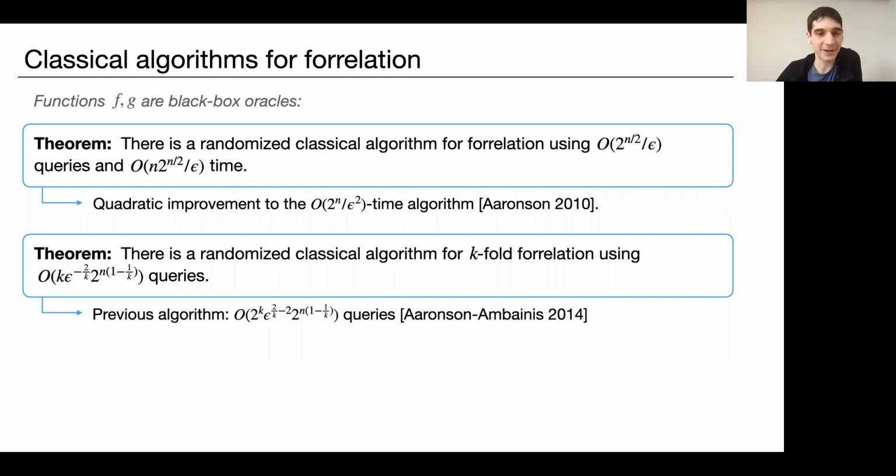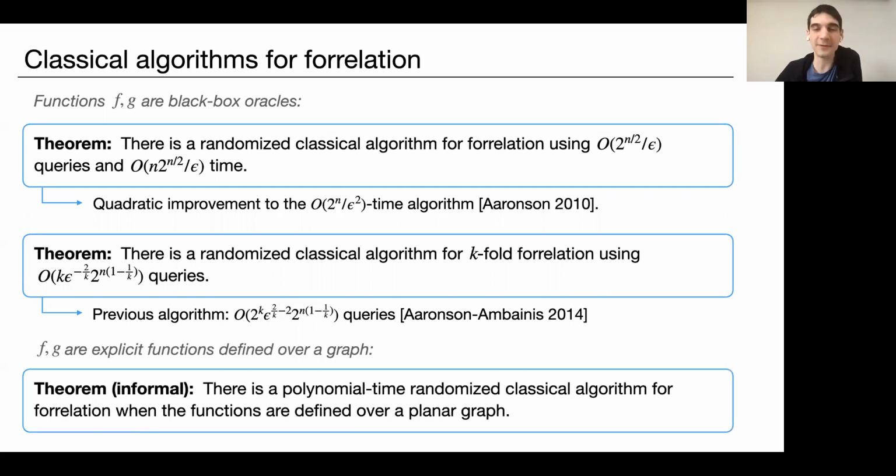And there's an unstated extra benefit of our theorem, which is that it's a bit easier to understand than the original Aaronson and Ambainis proof. So those are the two theorems in the black box setting. But unless there are questions, we won't talk much more about these two theorems for the remainder of the talk. I'm going to try to state formally and prove to you the following theorem, which is